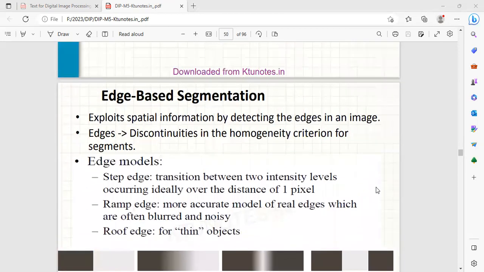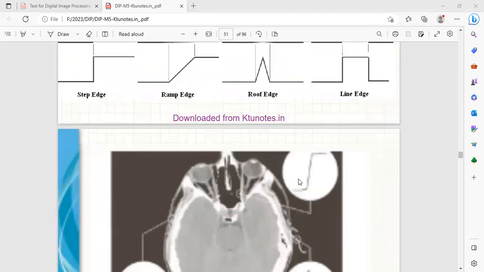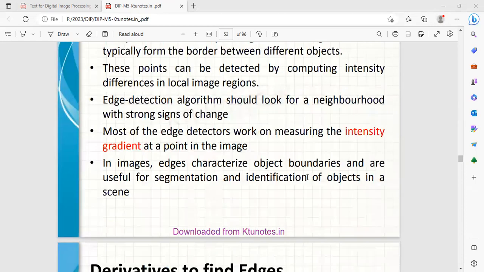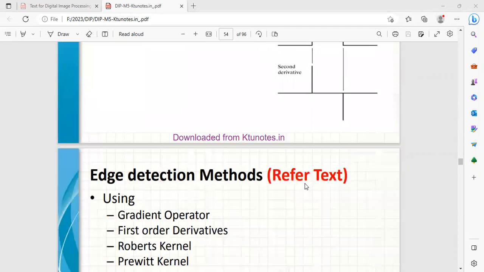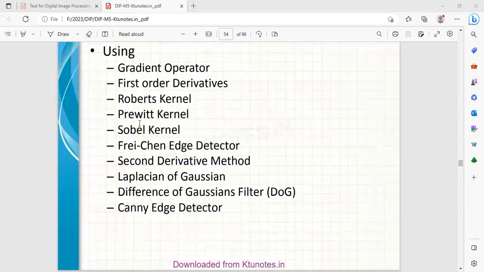Okay, next one is edge-based segmentation. Okay, we'll see this in the next class. Edge-based segmentation is very important. You have got several edge operators. You have to study what an edge is, different kinds of edge operators. So all these edge operators, not fully, all these you have to study: gradient operator, first order derivatives, Roberts kernel,